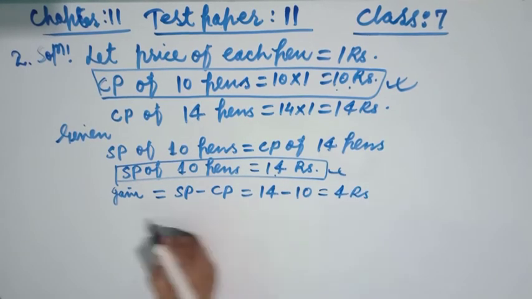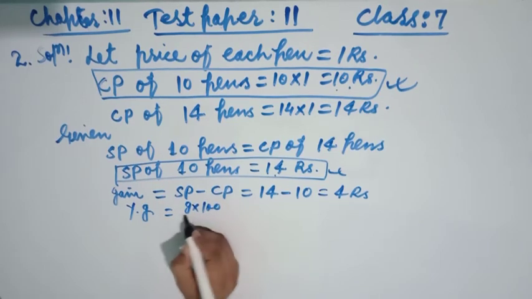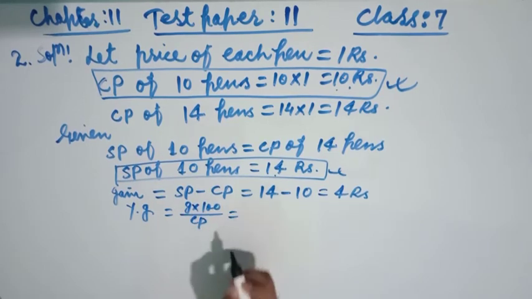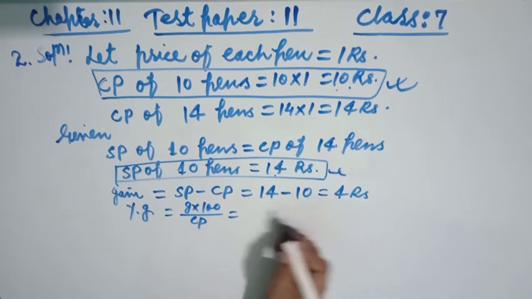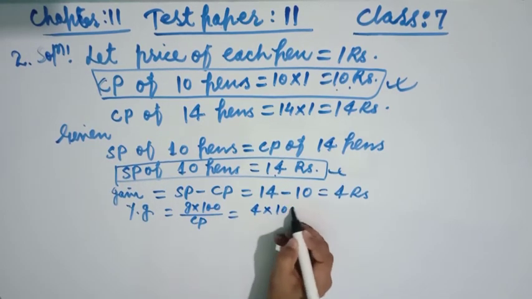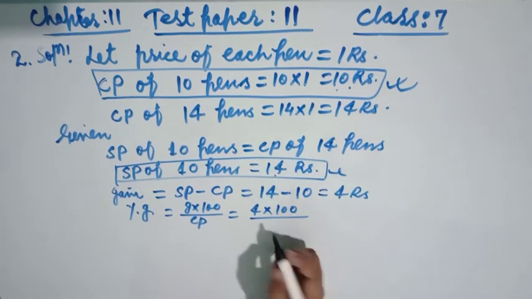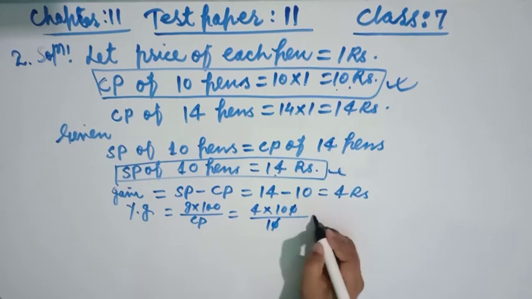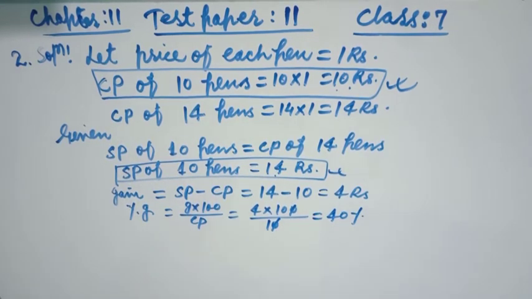Okay, now find the percentage gain. Percentage gain is equal to gain multiplied by 100 divided by CP. Here the gain is 4, multiplied by 100, divided by CP. CP is 10 rupees. So 10 will get cancelled, 4 times 10 is 40. So 40% is the answer to this question. I hope you will understand. Now the next question is,